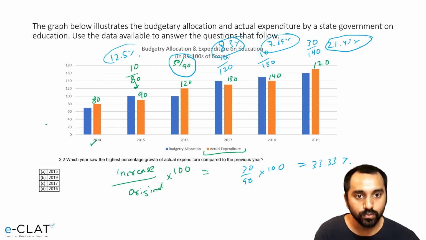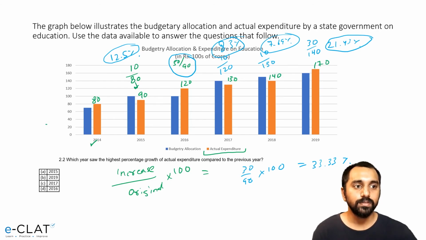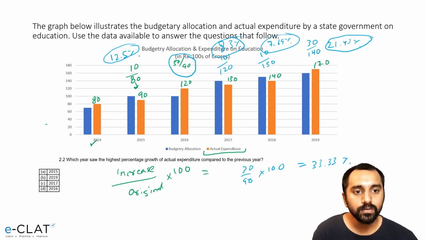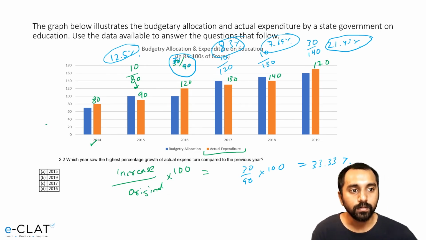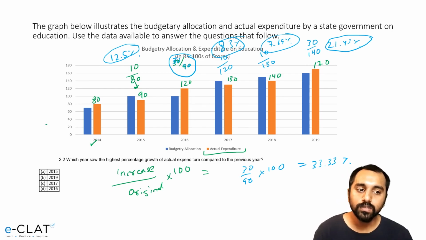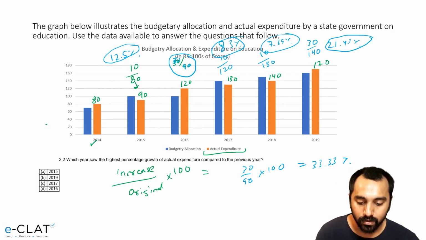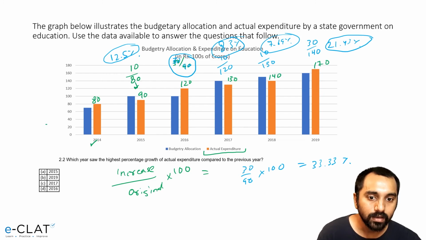Now I have given you the answers in terms of percentages, but what I'm saying is you don't even need to find out these percentages because they will take a lot of time. You can just look at your expression, like this is 1/3, and 1/3 is bigger than 1/8 or 1/12 or any of these numbers. So you can use these short tricks to get to your answers. So the answer of this would be the year 2016.